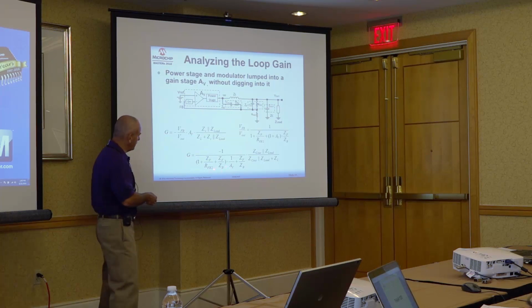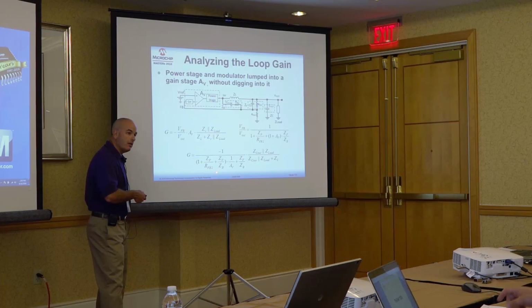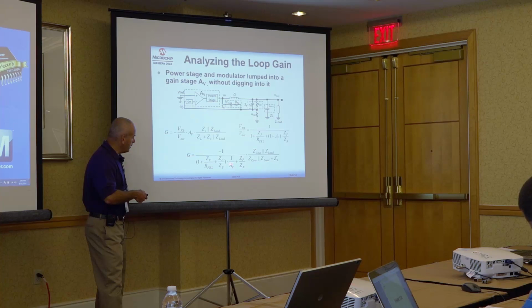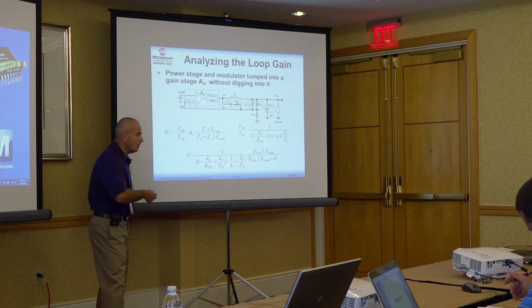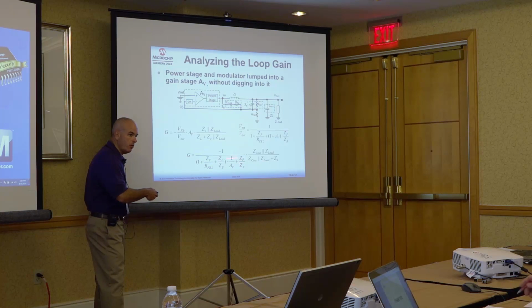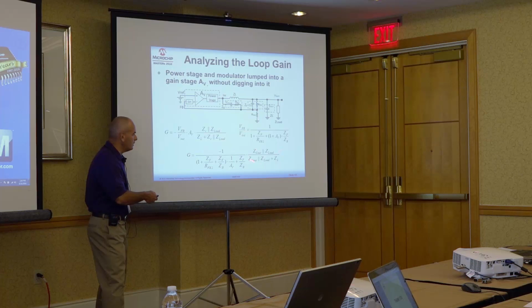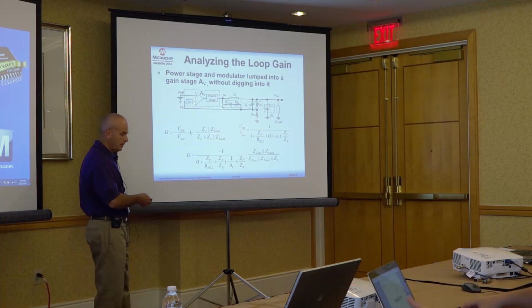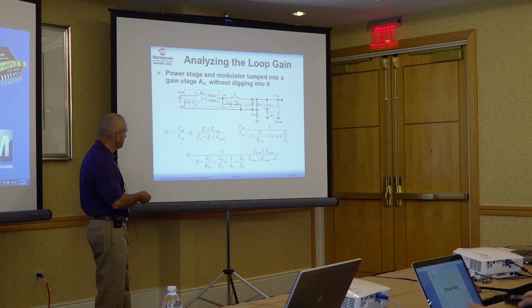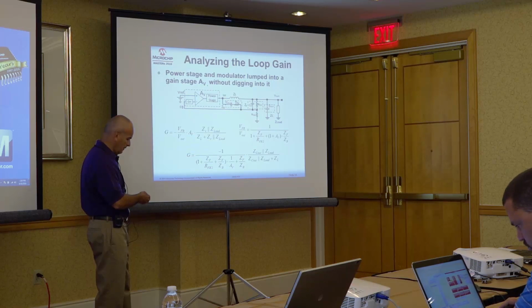So what happens is that after we verify that AV is a big number, basically we can neglect all this term with respect to ZF over ZB, and then after we say this is 0, the loop gain simply becomes minus ZB over ZF times this factor. I hope